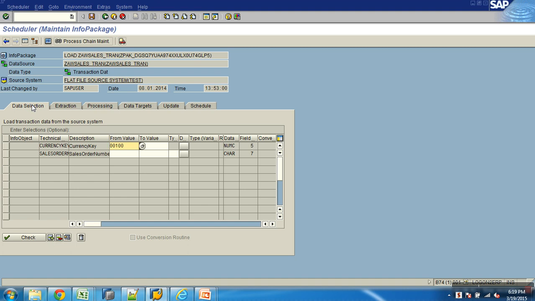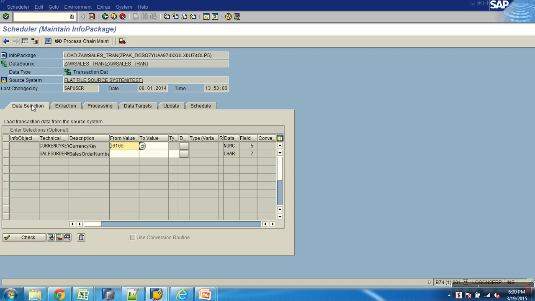So now when you do delta, why should I do initialization? Why should I do delta? When you do delta, it does not bring all the records every day. It only brings in newly added or modified records since the last upload. Let's say I have 100 records in the source. Now you run the init, all the 100 come in. After the loading of init, if you create 5 more records, when you do delta, it only brings those 5. Only the newly created or modified records will be brought into BW through delta. Let me finish it. Clear on this now?